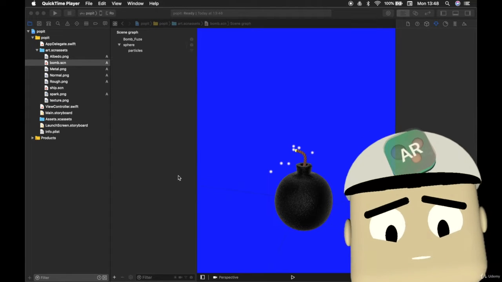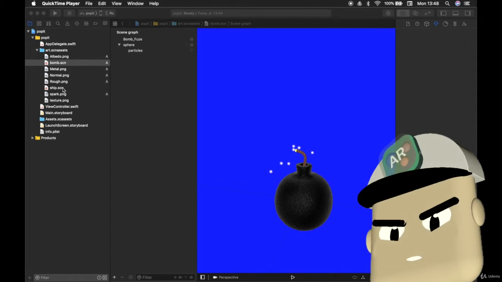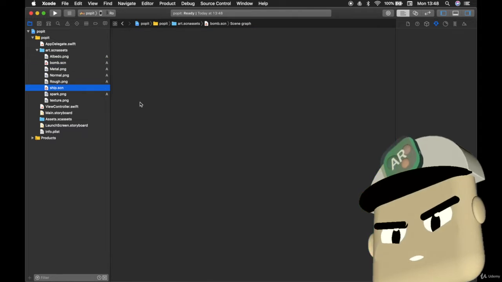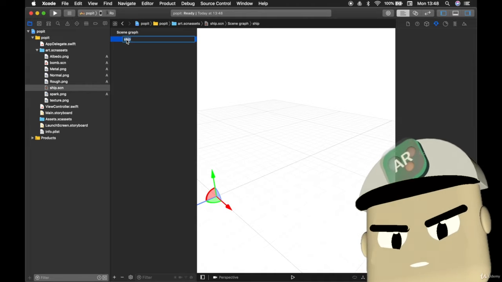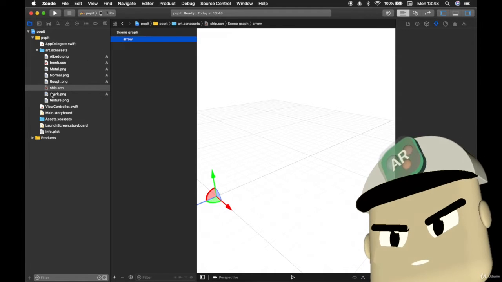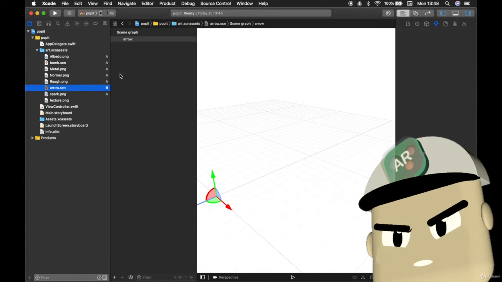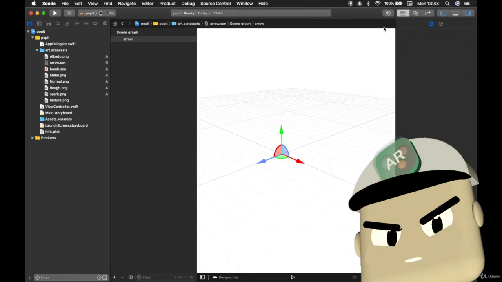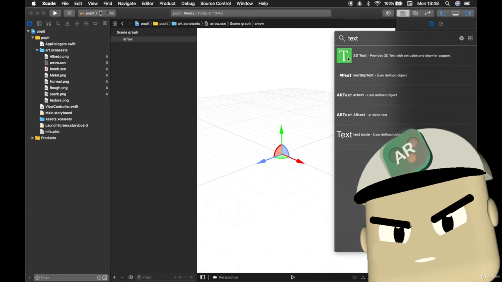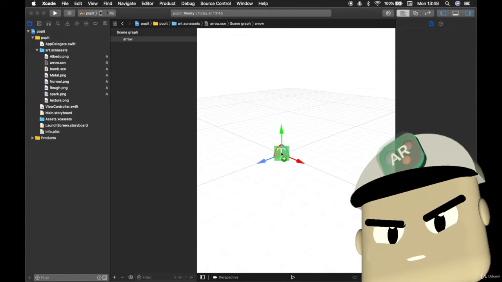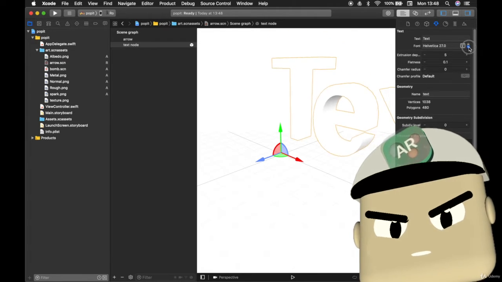Okay, so now that we have the bomb, we can create our target and the arrow as well. So if we go to this ship.scn, I'm going to remove the ship, and this is going to be an arrow, and here as well, ship is going to be called arrow.scn. Okay, so in here, a little trick is to look for text, and you have 3D text here, so drop that in. You will see that it's too big, but if you make it smaller,